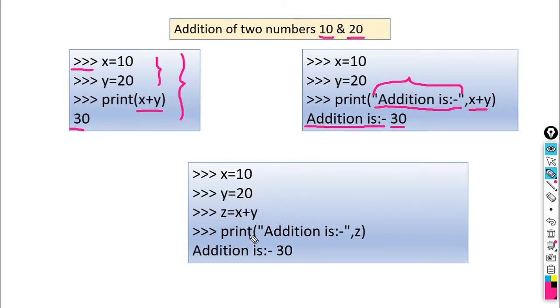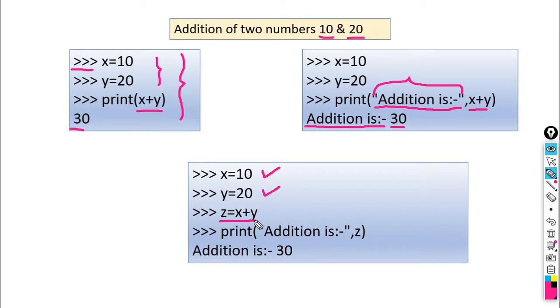Third method. In the first two examples we directly did the addition, x plus y. In the third example, again assignment statements are there, x is equal to 10, y is equal to 20, but instead of writing x plus y directly in the print statement, we have written one assignment statement for it: z is equal to x plus y.